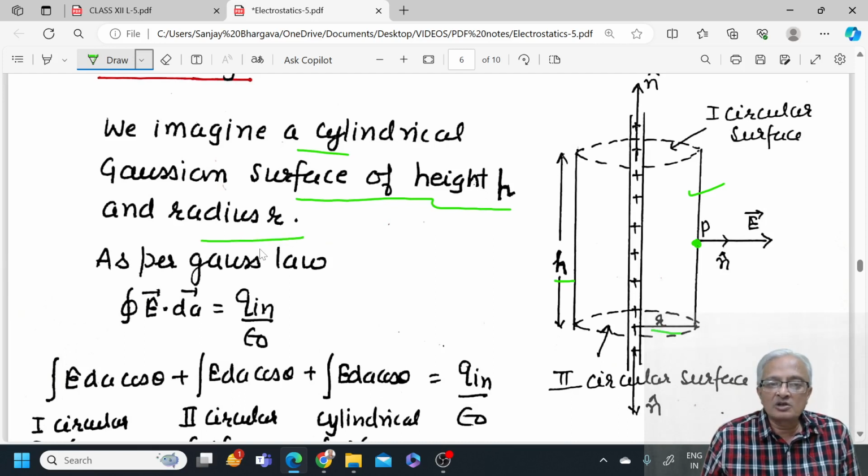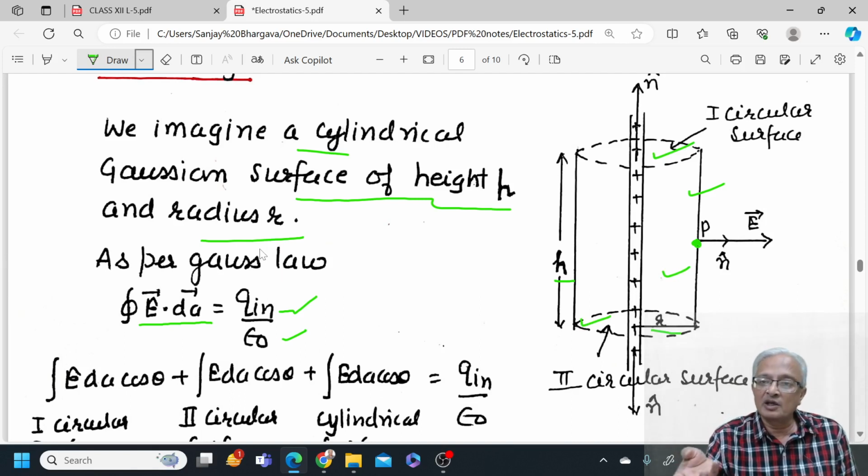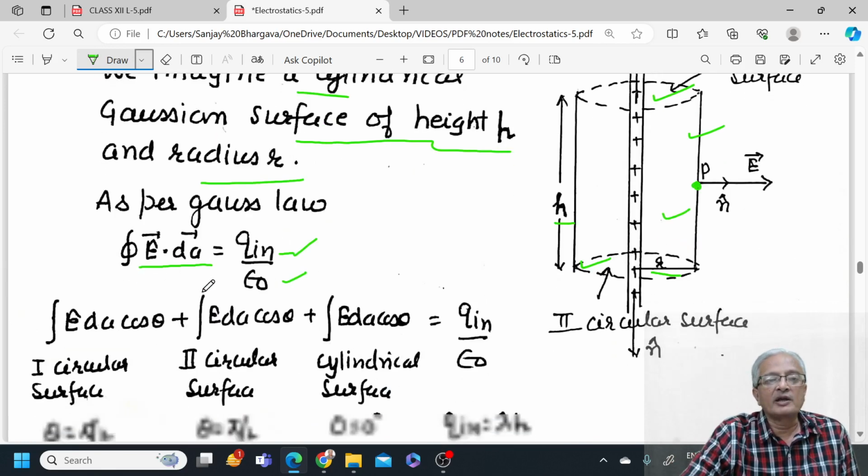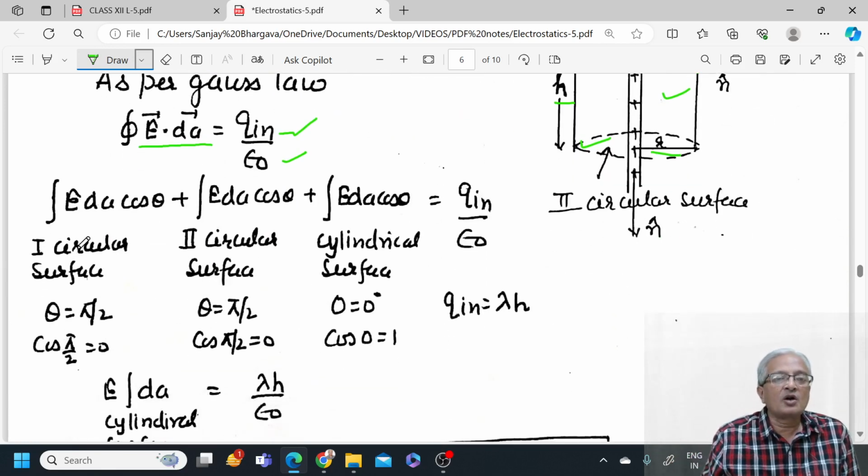Now what does the Gauss law say? Integration E dot dA is equal to charge inside the closed surface upon epsilon 0. This closed surface is made up of three parts: the first circular surface, the second circular surface, and the cylindrical surface. So the field lines can be made to come out of either of the two circular surfaces or the cylindrical surface. That is why we write E dA cos theta over the first circular surface, second circular surface, and cylindrical